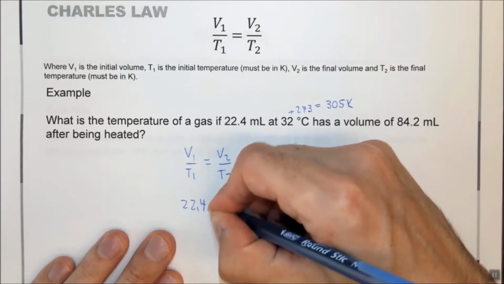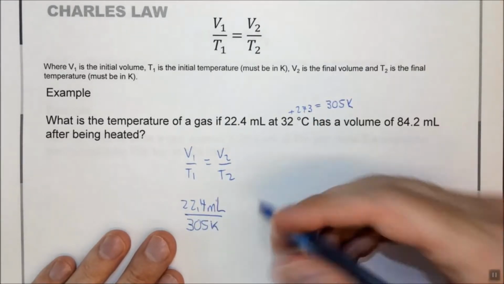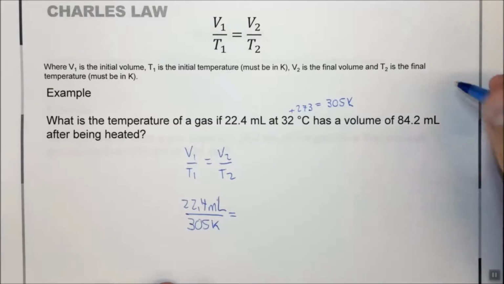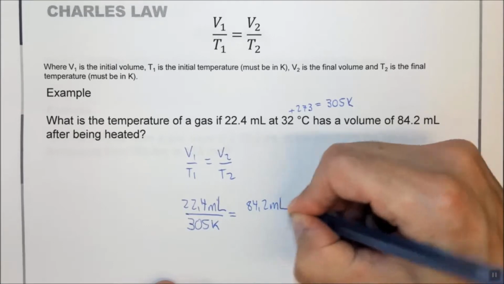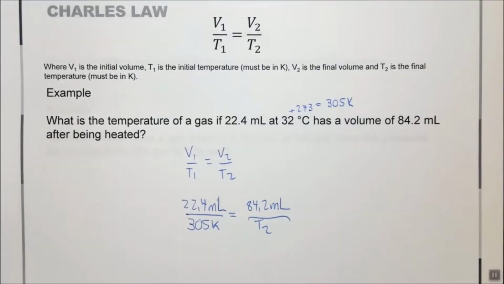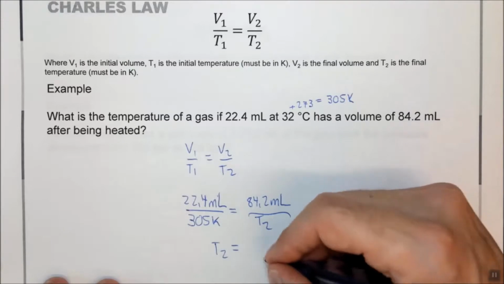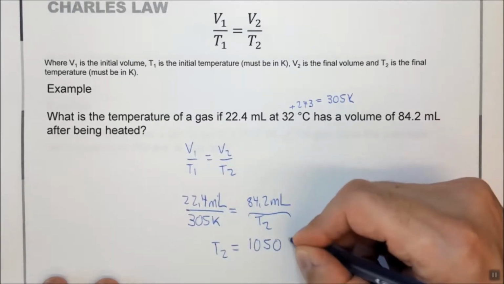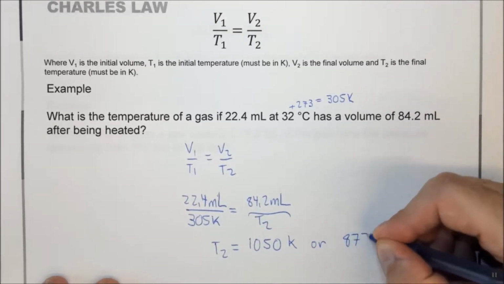22.4 milliliters is to 305 Kelvin, the initial volume and temperature, as the final volume, 84.2 milliliters, is to some new temperature that we're trying to figure out. Cross multiply the number and the variable, so multiply 84.2 times 305, divide by 22.4, and you find that the final temperature here is 1050 K to 3 sig figs, or if you wanted to convert it to Celsius, it would be 877 degrees